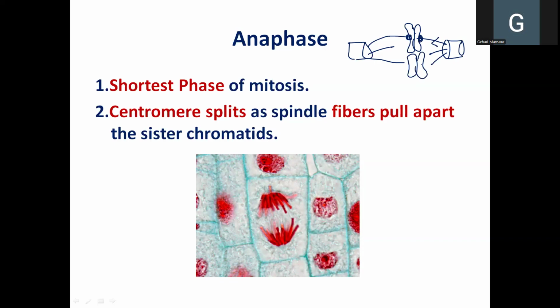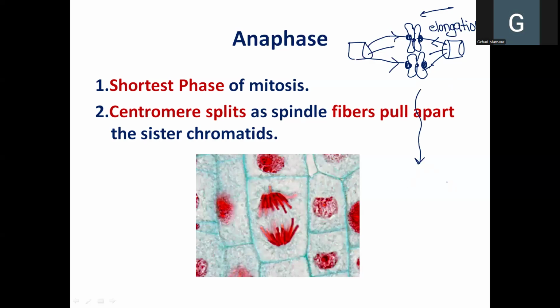But after having made sure that these kinetochore spindle fibers have been properly attached to the chromosomes, the next step is not an elongation step. So we have first an elongation step in order to be able to reach the equator of the cell, but